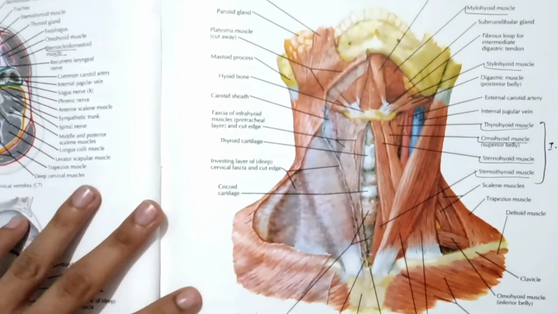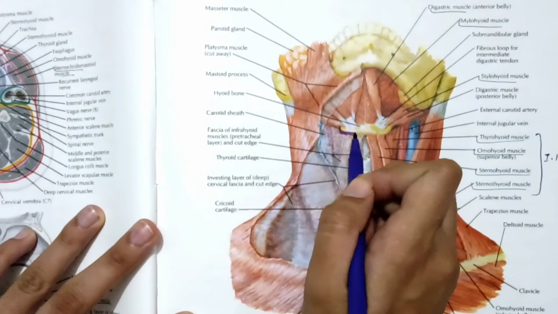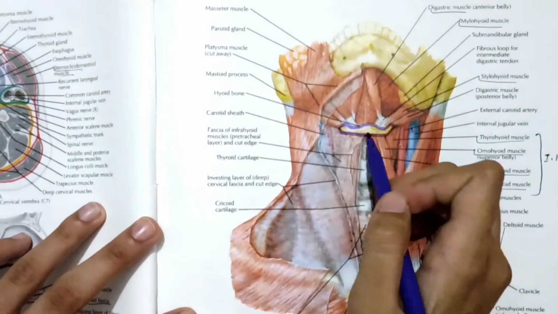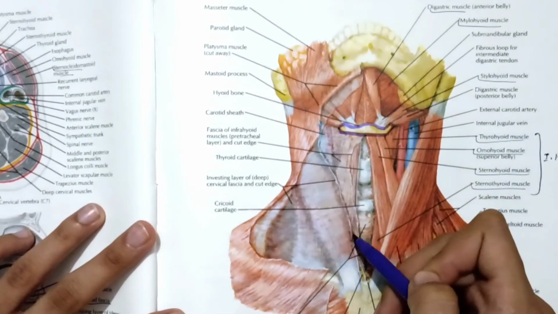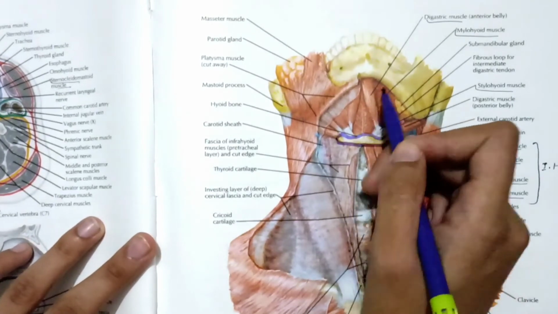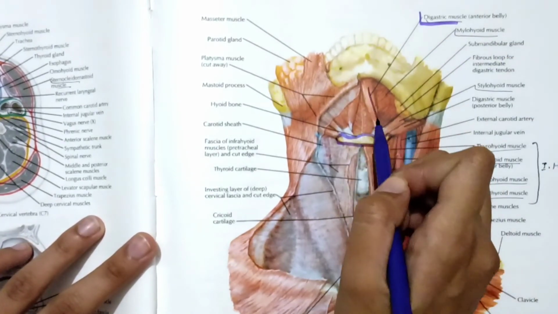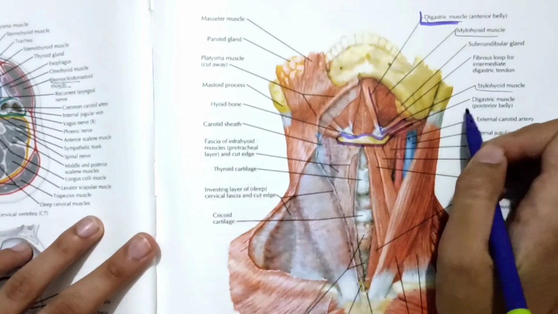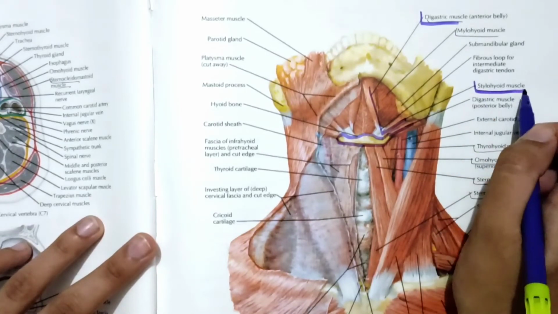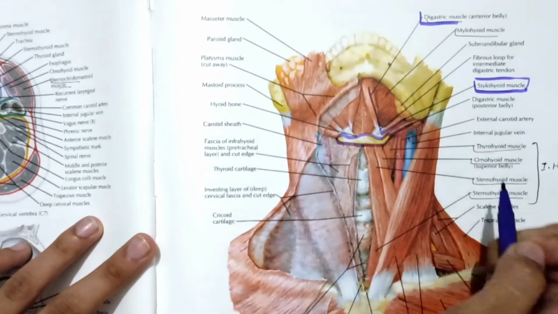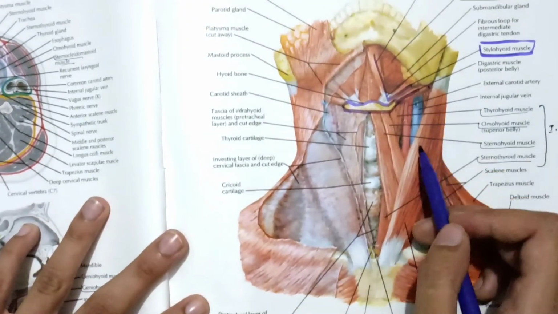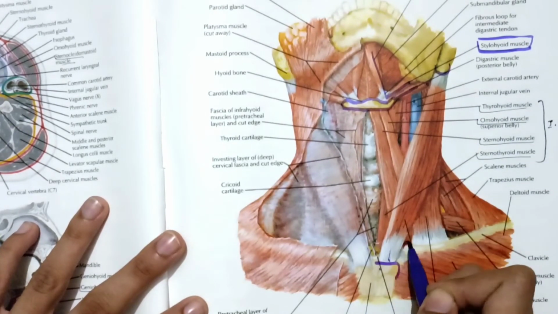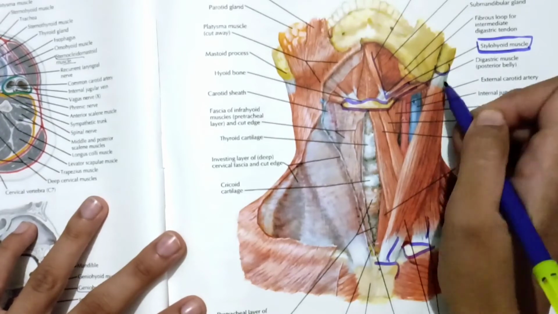In the neck muscles, you can see this is the hyoid bone. Superior to the hyoid bone are suprahyoid, inferior to the hyoid bone are infrahyoid muscles. In the suprahyoid we have this digastric. This V-shaped muscle is digastric, and behind this we have our stylohyoid muscle, because it is going up to the styloid process. Here you can clearly see this sternocleidomastoid. This is mastoid process. This is sternum. This is clavicle. So it is named sternocleidomastoid muscle.